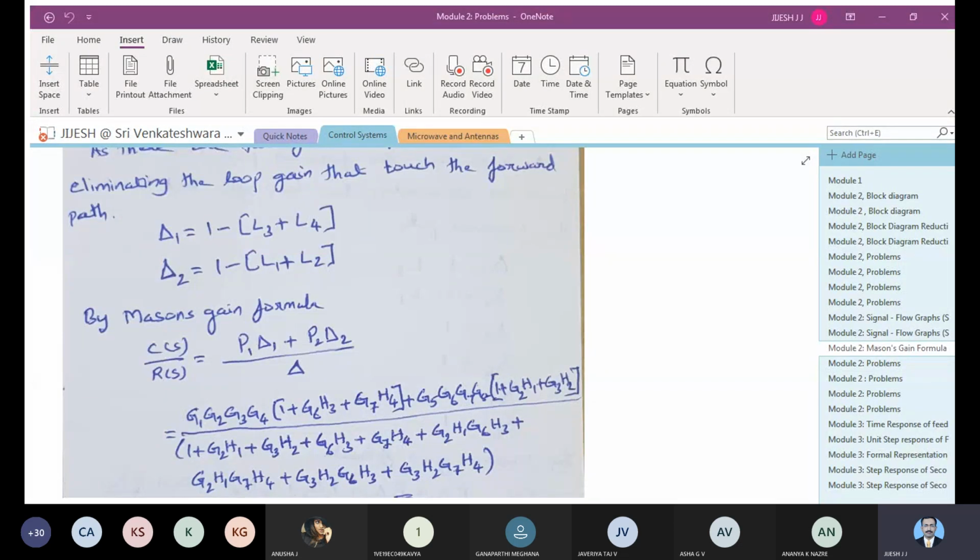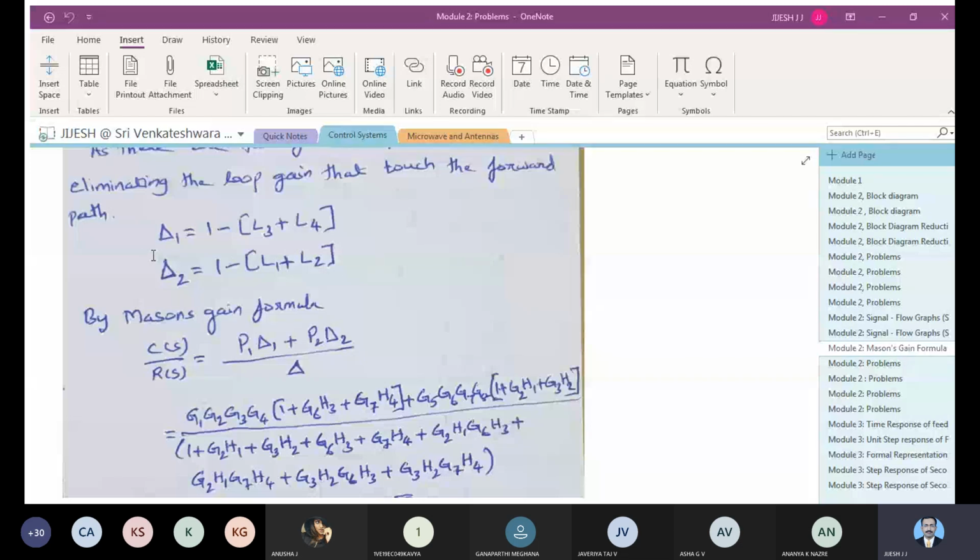Further on, we have also understood these things with respect to Mason's gain formula, and we have found delta n. N is the number of forward paths. Pi is the path gain. For delta you have the equation, and for delta i also you have seen the equation. In delta you have 1 minus the summation of loop gains plus the summation, and this minus and plus you should not forget. So 1 minus, and so on, one after the other: start with minus and then plus, then minus, plus, and it keeps going like that.